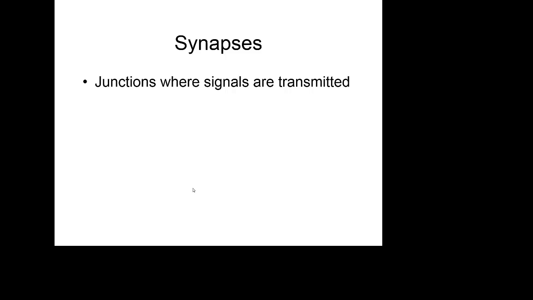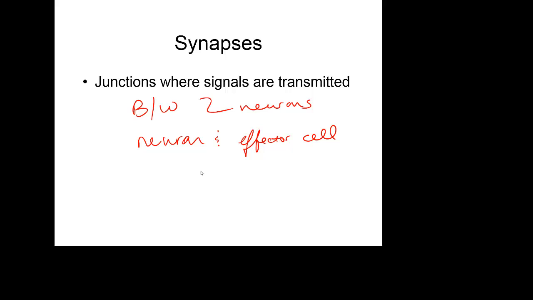So this actual propagation of nervous signal and information happens in what we call nervous synapses. So this is where signals are transmitted between two neurons or between a neuron and what we call an effector cell. So say you're sending a signal to move your finger, the neuron sends a signal, but the muscle is actually the effector cell.